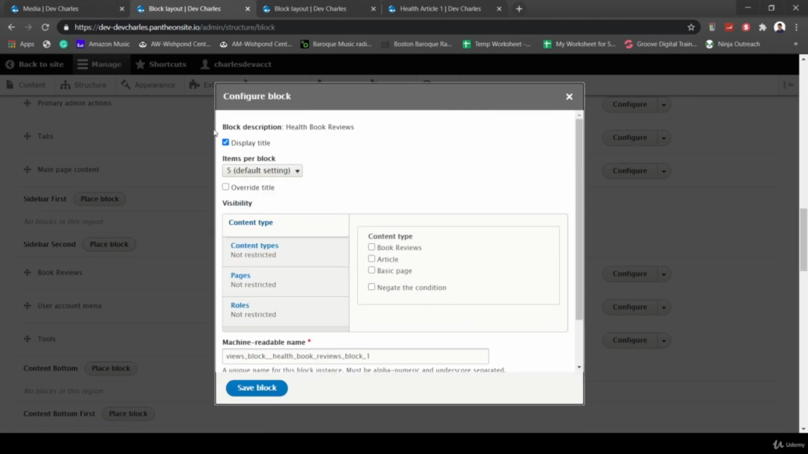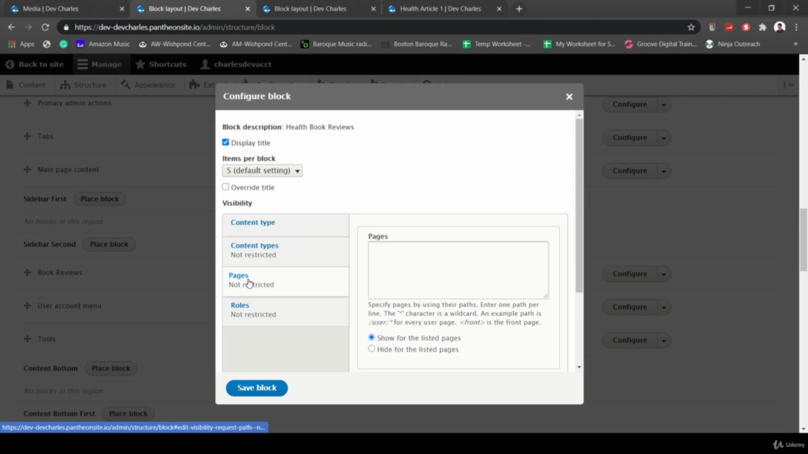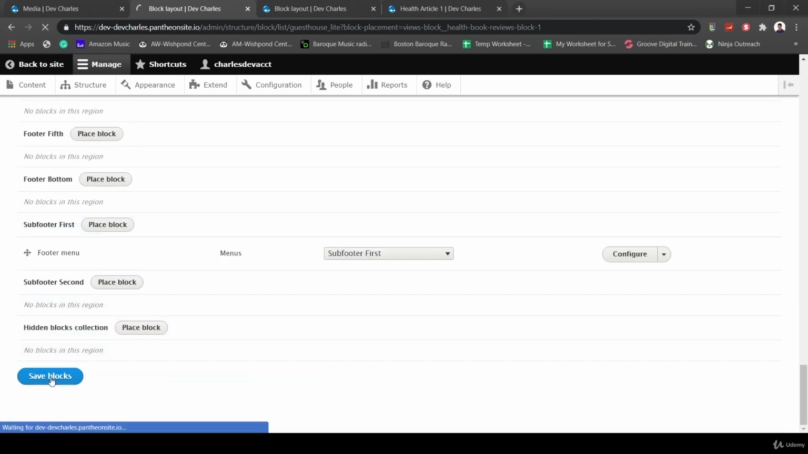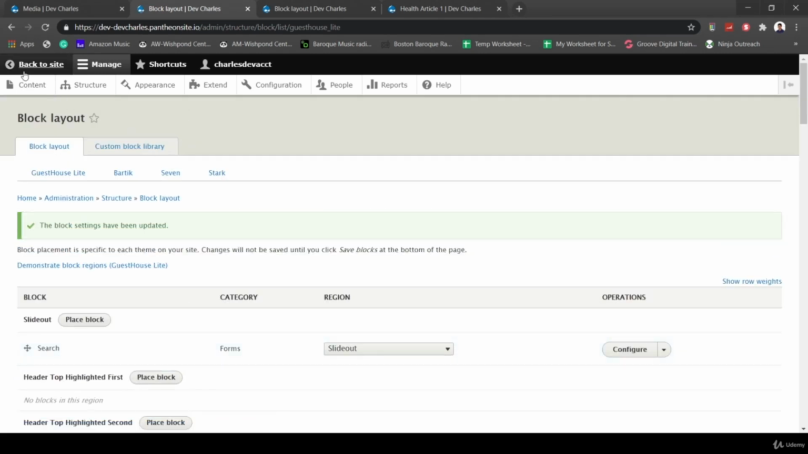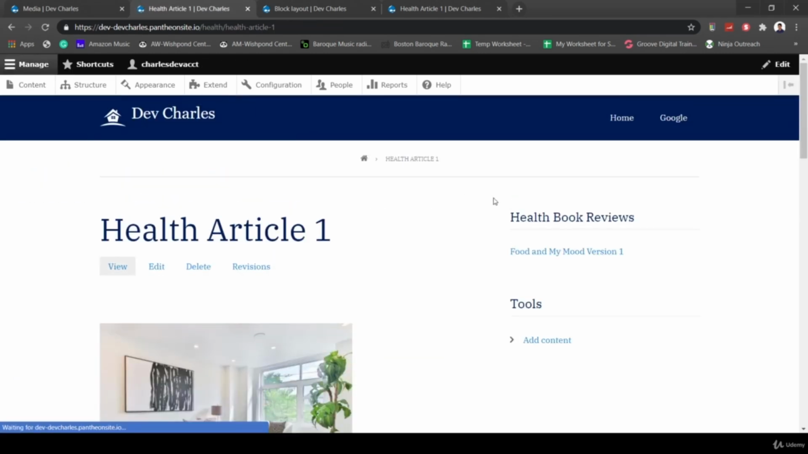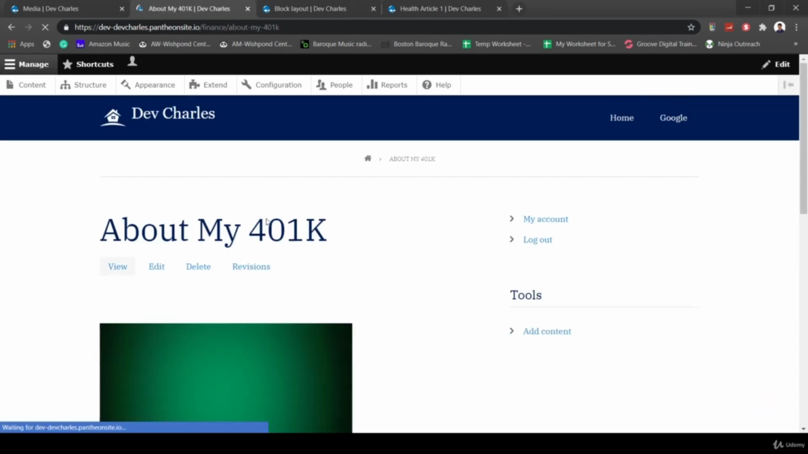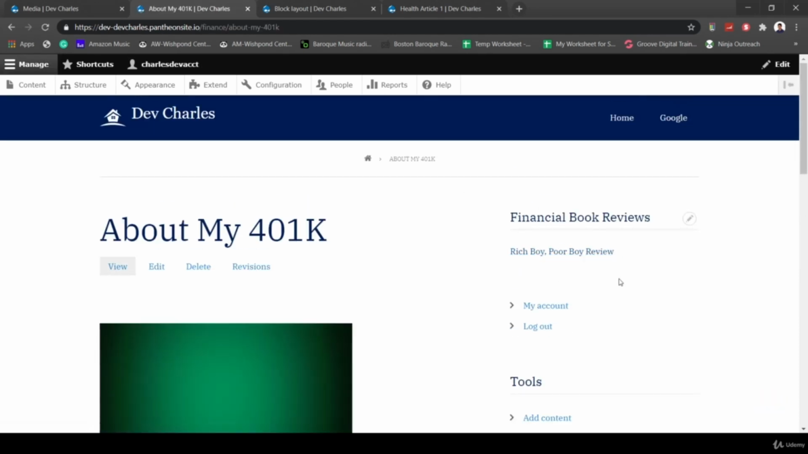And then I'll make sure this only shows on pages that start with health, and I'll put a star to show any article that starts with health with that virtual folder, and save that. And now we have these two different book reviews here, and then I can go ahead and save, and then I can view my site. If I view my health articles, I'll now have health book reviews here. Then if I go into my financial article, I can now see my financial book reviews here,